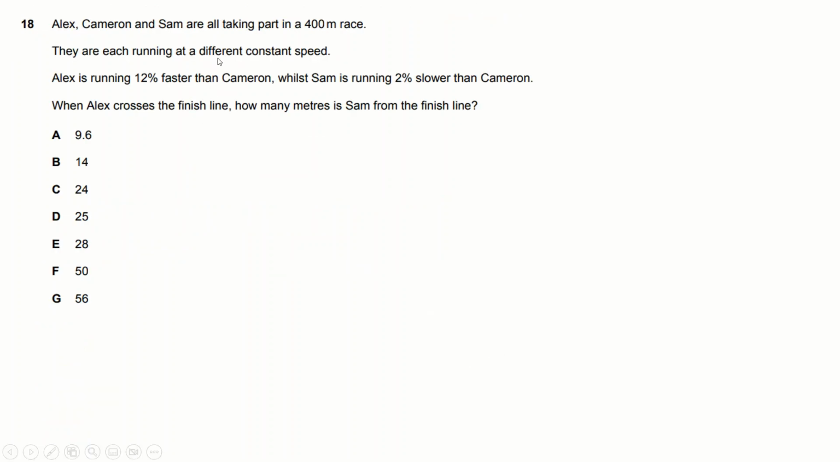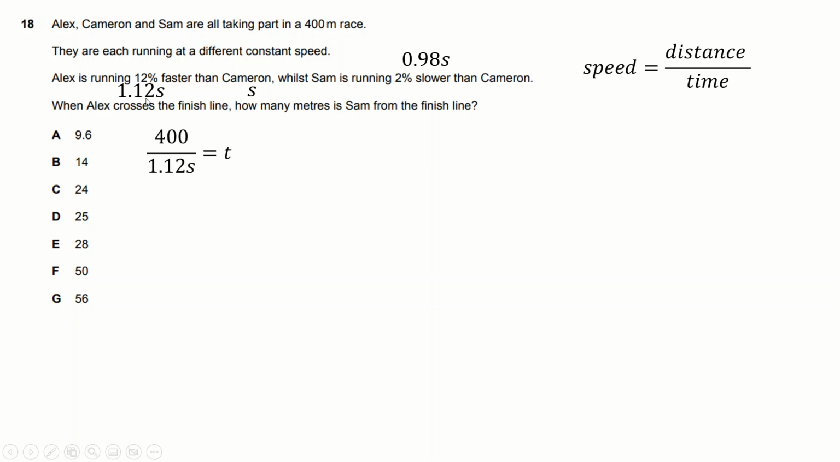Good, number 18. So if we call Cameron's speed just s for speed, Alex has therefore got a speed of 1.12s, and Sam's got a speed of 0.98s. Speed equals distance over time. We know distance is 400 for Alex because he finishes the race. His speed is this, so we can set up this equation by bouncing the distance and doing distance over speed